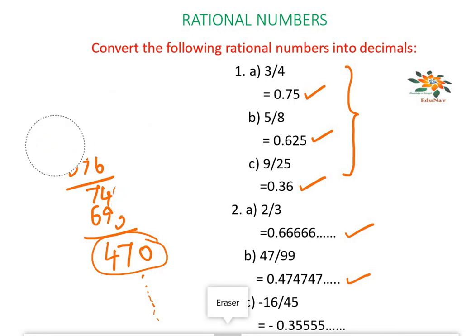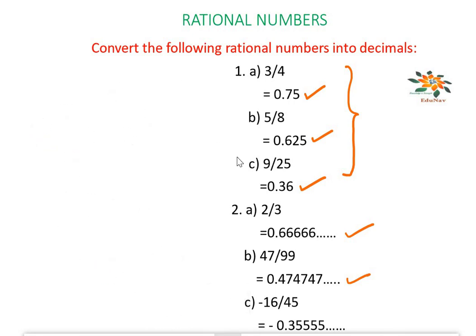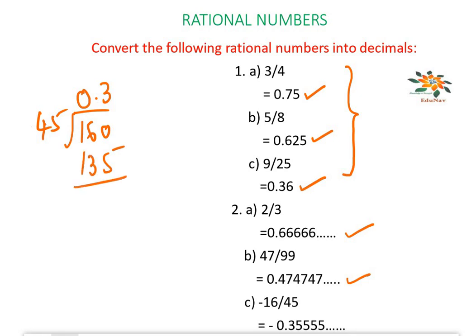Now we'll move on to the last question. Minus 16 by 45. So 16 divided by 45. Again 16 will not go in 45, so 0 point. This will become 160 if I take 0. 45 into 3. 5 threes are 15. 1 carry over. 4 threes are 12. 13. So balance will be